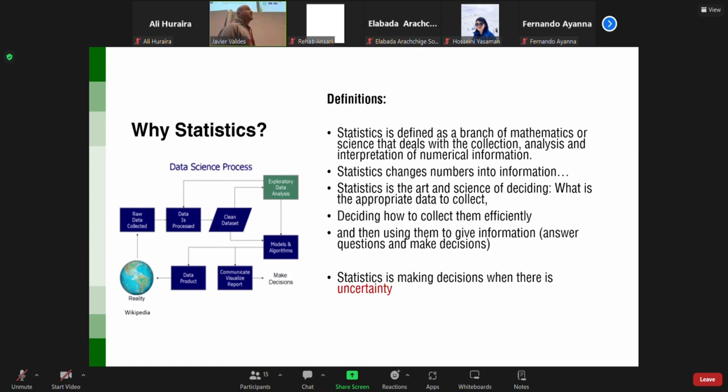Of course, you afterwards apply your models and your algorithms, but 90% of the work or 80% of the work is on going from the reality to your data sets. And of course, this is an iterative